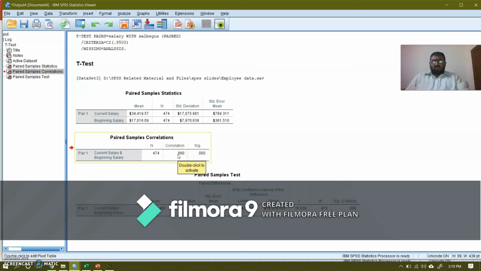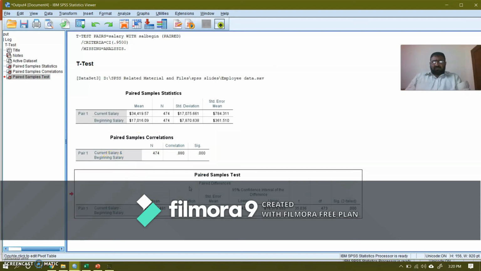The null hypothesis is no correlation between current salary and beginning salary, and the alternative is that there is correlation, and the significance level is 0.05, that is 5%, and the test statistic is a correlation coefficient, and this is the value of the correlation coefficient, and here is the p-value, the probability value or the significance value. Since this is less than 0.05, we reject the null hypothesis. It means that there is correlation between current salary and beginning salary.